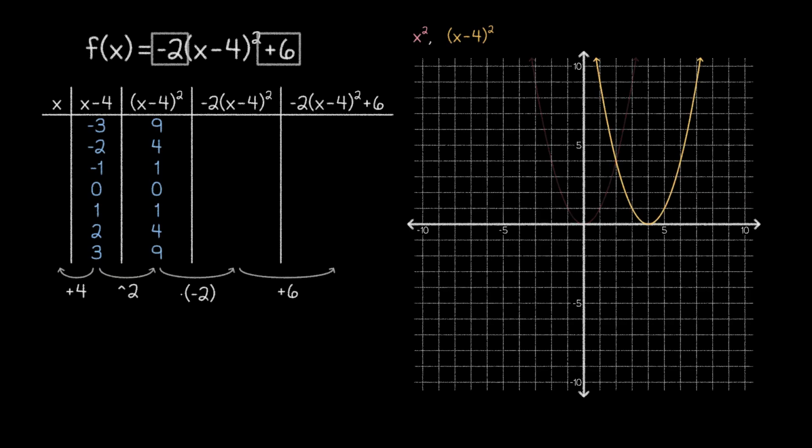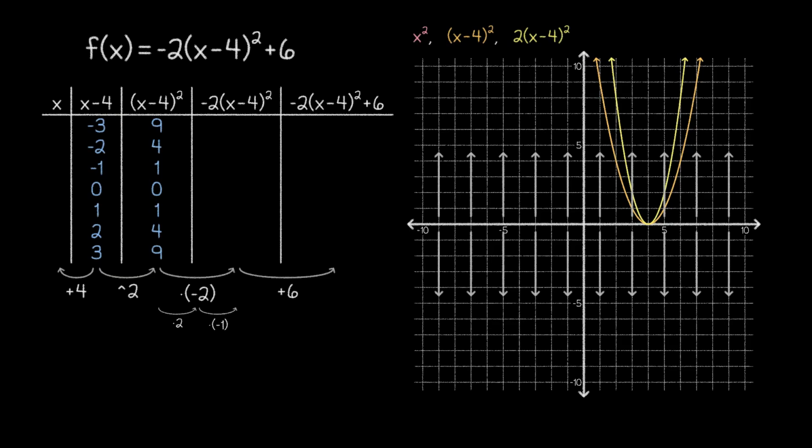vertical transformations. Here, though, we do have to pay attention to the order. Since the multiplication by -2 is closest to the squaring operation, that's the first transformation for us to consider. But as we've seen before, that multiplication by -2 can itself be thought of as 2 transformations. First, the 2 is going to stretch the graph vertically, so let's perform a dilation with a scale factor of 2. And notice here that we are indeed stretching away from the x-axis now.